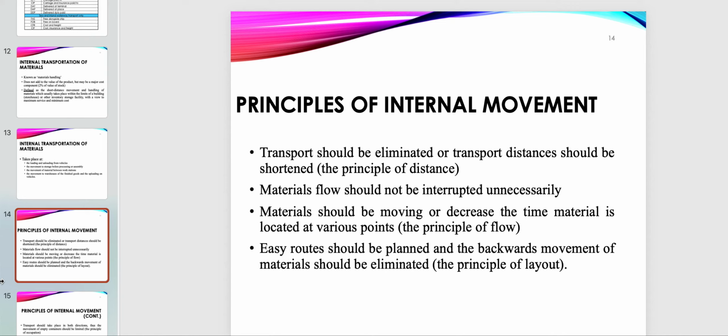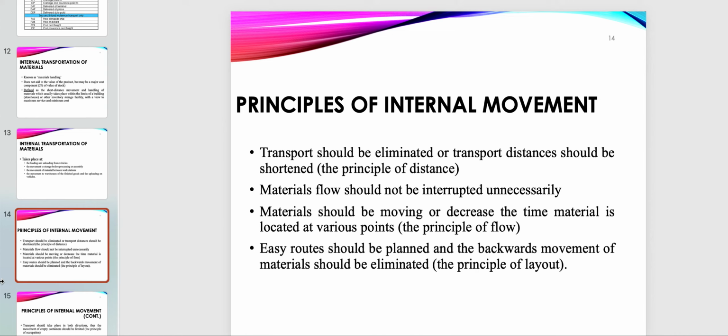Principles of internal movement. Now, the cost of internal movement should be limited by an efficient material flow, which means we have to have principles and procedures drawn in internal movement that will minimize the cost. So, transport should be eliminated, or transport distance should be shortened as much as possible. Material flow should not be interrupted unless it's really an emergency or necessary. Materials should keep moving, and the time for which materials are located at various points should be decreased. So, which is your principle of flow, making sure that they keep on moving,